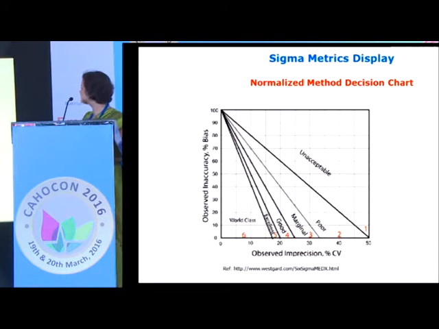So according to the sigma matrix, we can decide our QC protocol, or we can individualize our quality control program. And this is our sigma matrix display of the method decision chart. So this is the MEDx chart. This is the bullseye. If we are at 6 sigma, we are world class. If we are at 3 sigma, then we need to